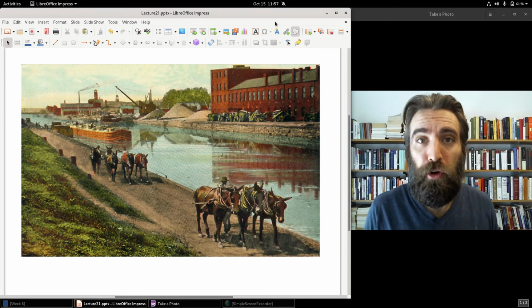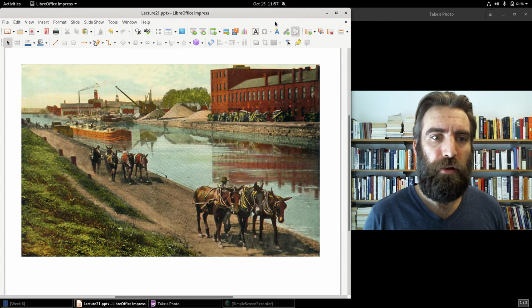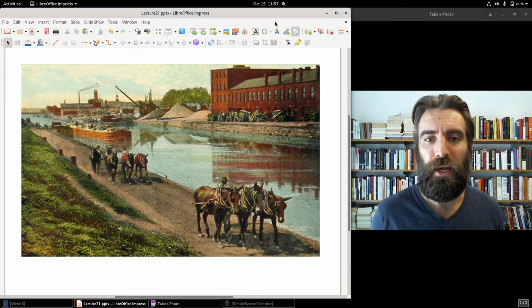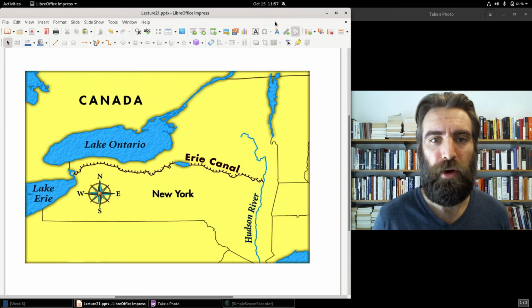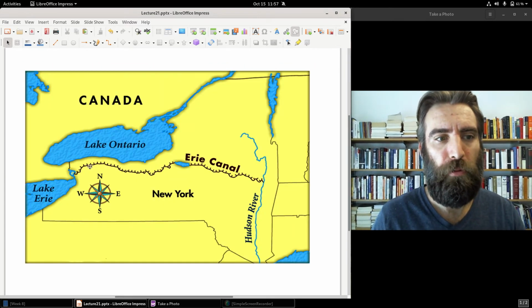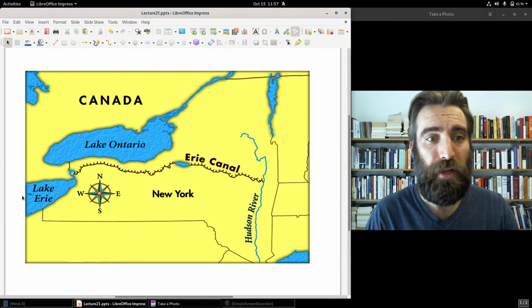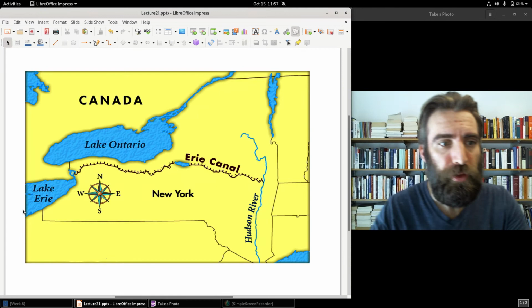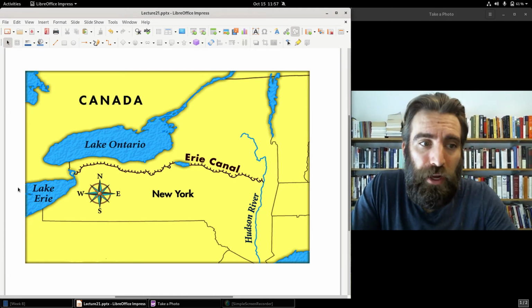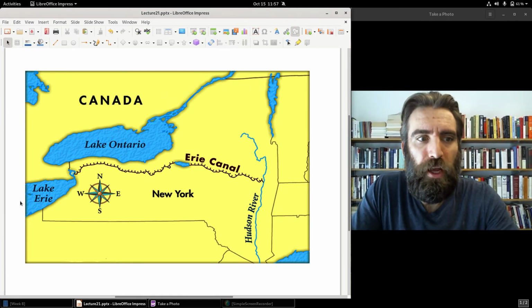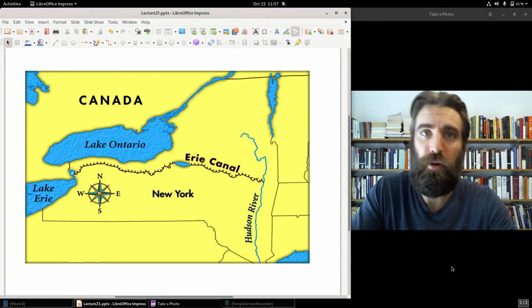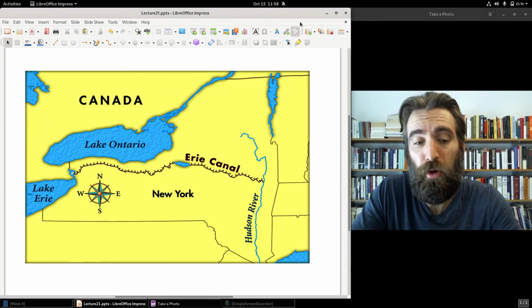Now, very remunerative. There was much profit to be had in operating a canal, and the economic rewards of having canals were also great. The Erie Canal basically opened up the Great Lakes region, places like Michigan and Wisconsin, for settlement and agriculture, because it was fairly easy then to ship your goods to one of the Great Lakes or to Lake Erie, and then by the Erie Canal to the Hudson River. Bam, you're at New York City, and you can transport it across the Atlantic Ocean.